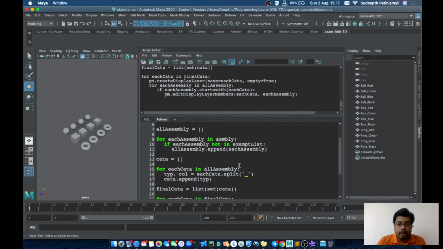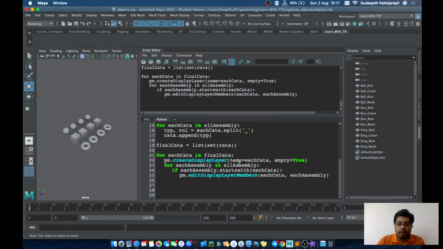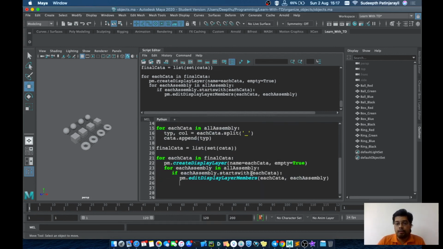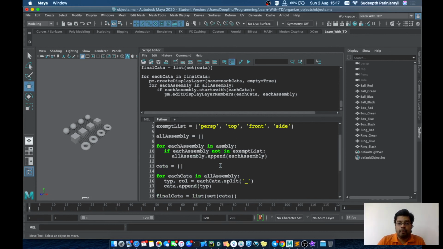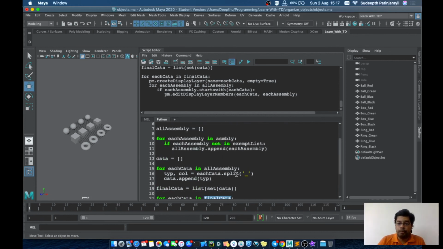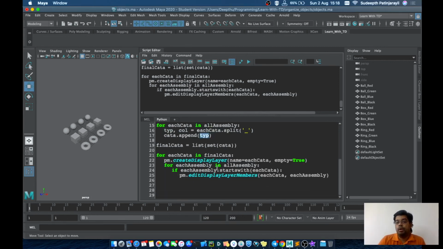Right now we have used starts with. You can use ends with the color name instead. For this, each category will be the final category. When you are creating the final category, you split with underscore, and right now we have taken the type, so you have to take the color, create a list over here, and after that append through that.